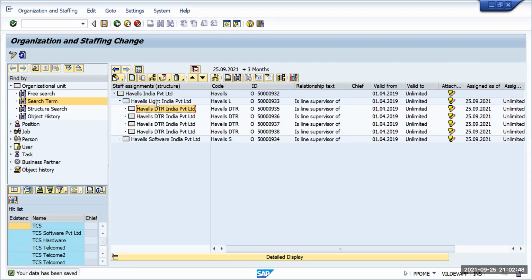Okay. My next question is, this is a DTR, DTR, DTR. So can we have all the things with the same name? How can we change the name? Suppose here I want the finance division. So how can I change the name? Is it possible? Not possible, first thing. Then why? You always have to state the reason, explain why. What is the possible reason?